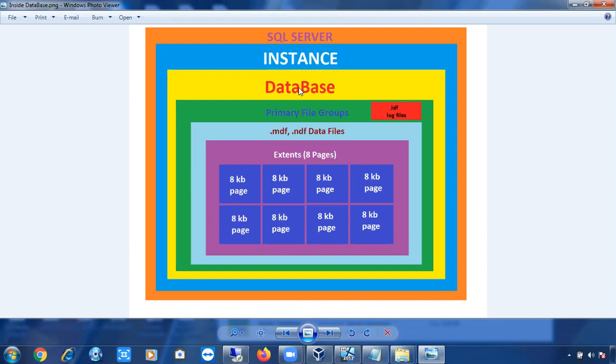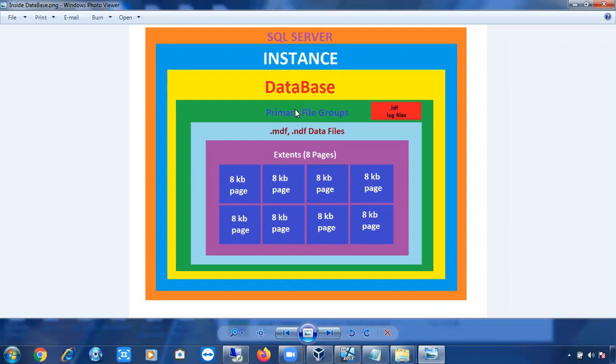We have just discussed one point: a database means a collection of data files and log files, but these files cannot be created directly in the database. If you want to create data files, first you have to create file groups.